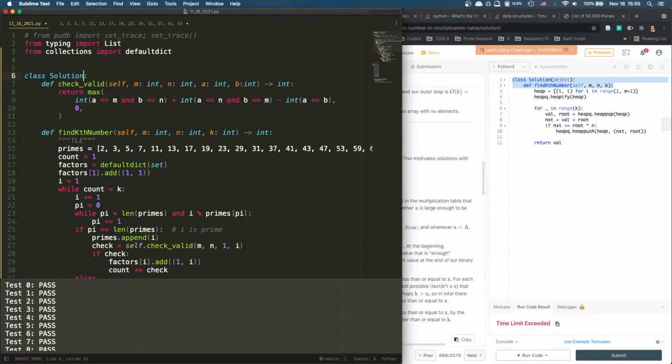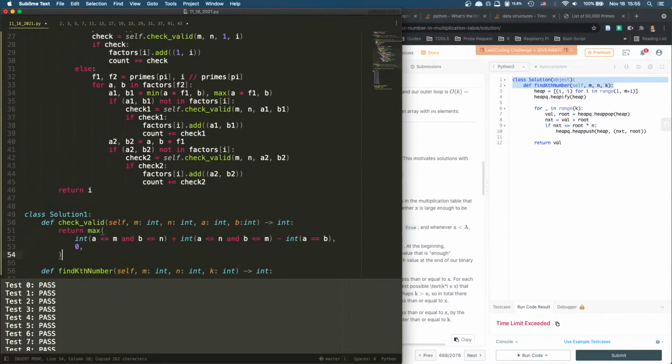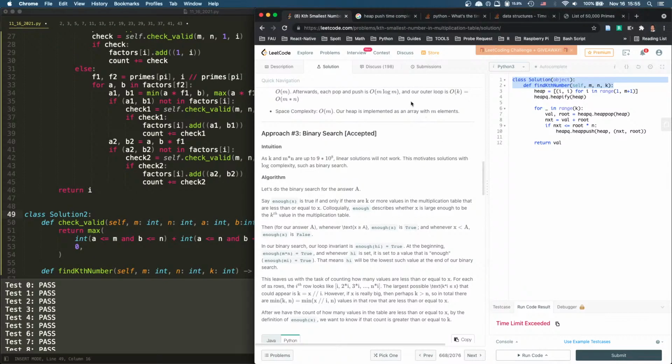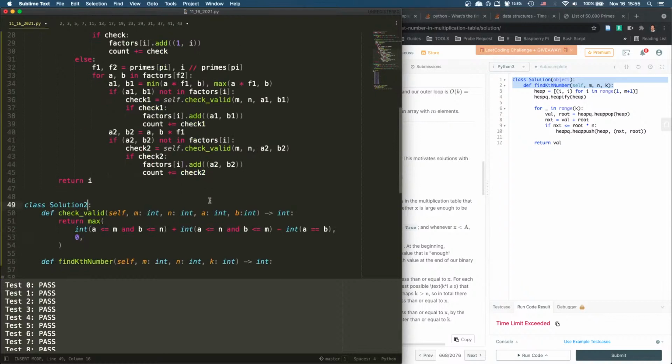Let's code it up. Binary search. So it was correct that I was trying to find a total number of values, right? That's so far. That idea is right, but the way I am finding the total number of values is just dumb. The right way is